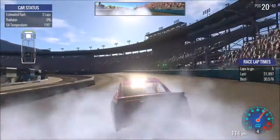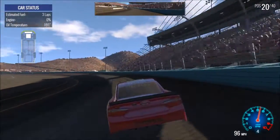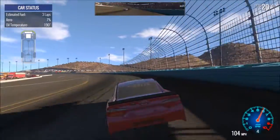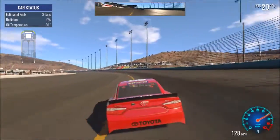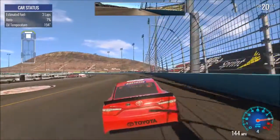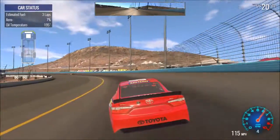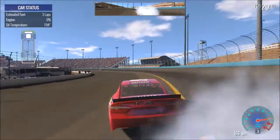We're finding a groove with this track, and there you see more smoke, as turning is just really hard at this track. Especially when you've got a car like Leia's. It's really hard to turn. I'm not sure how the AI is able to stay in the line without smoke, but